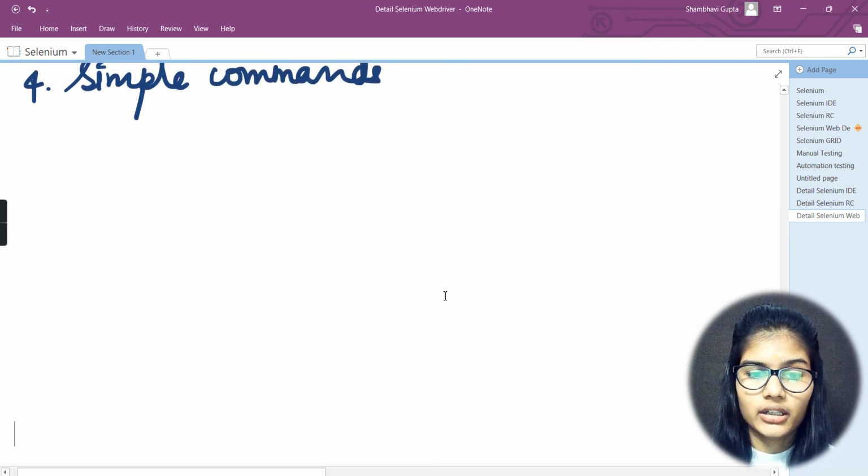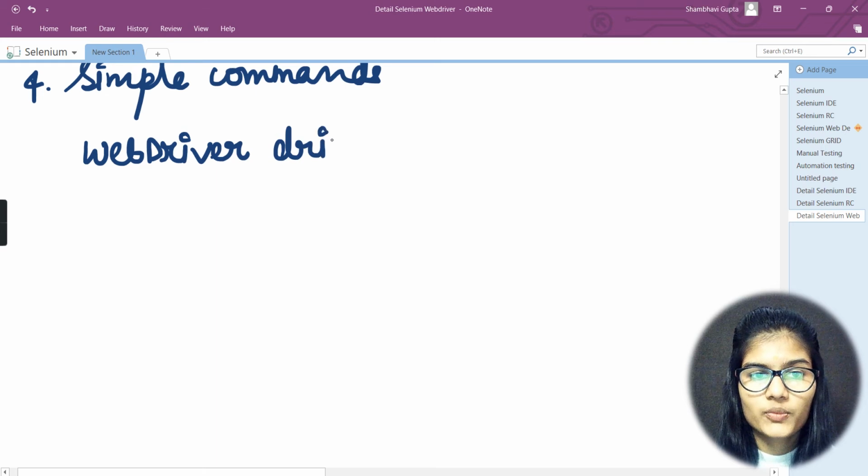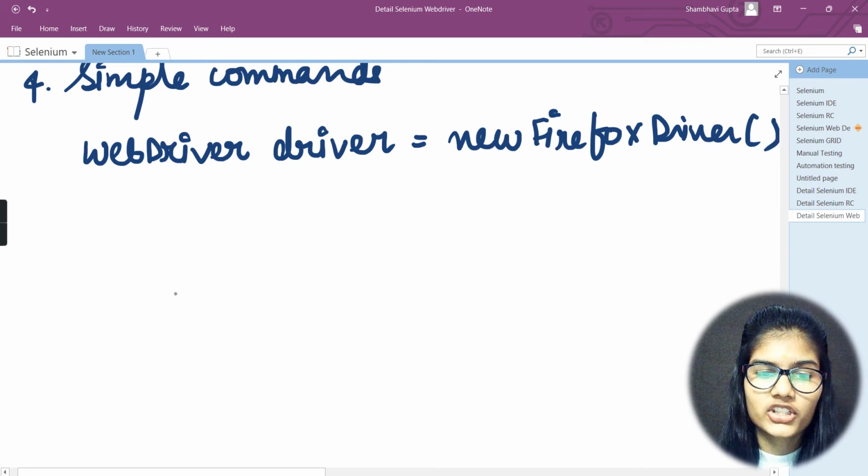Let's say whenever you want to launch a browser in WebDriver, there are some commands which are used. The first one is WebDriver driver equal to new FirefoxDriver with brackets. This command is used for the Firefox driver.